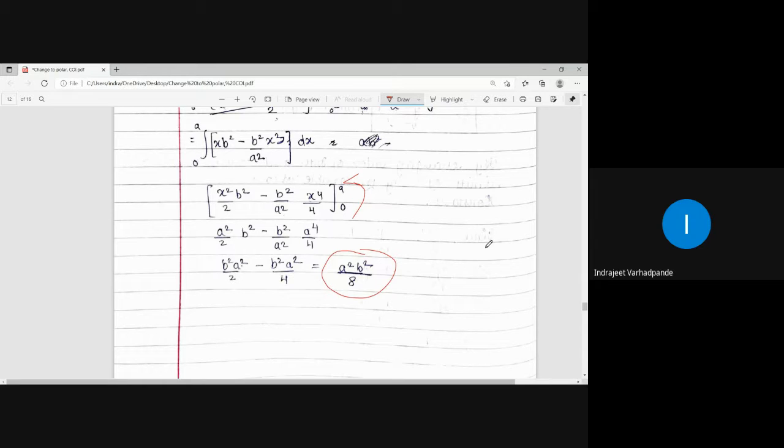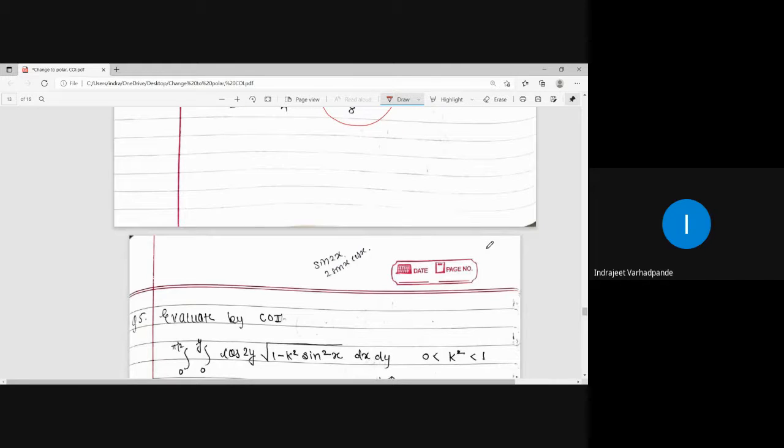So interpretation of the region and converting the strip to the new one, this is what is important. Rest all the process is not that difficult because you know how to integrate and get the answer. Surely in every case the final answer will always be positive, or it may be negative if the limits are accordingly, but as here it was the first quadrant, your answer is positive and it will always be a finite quantity.